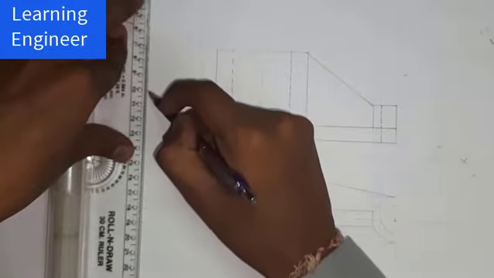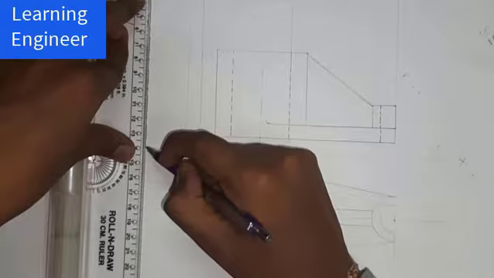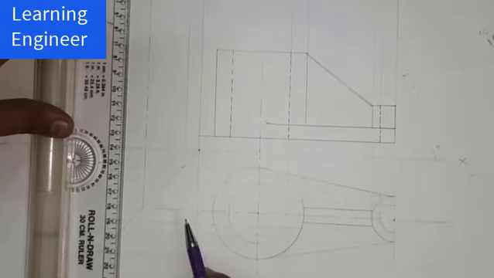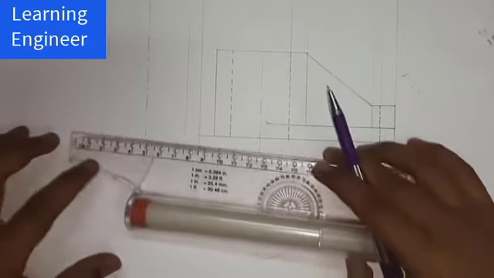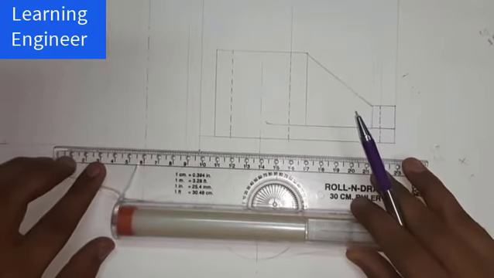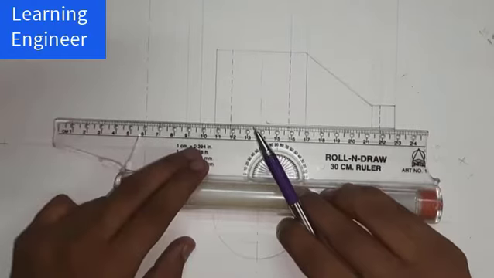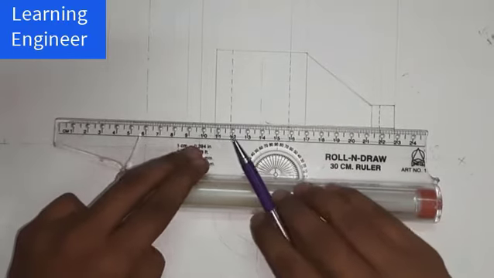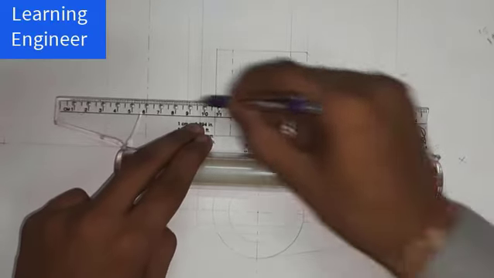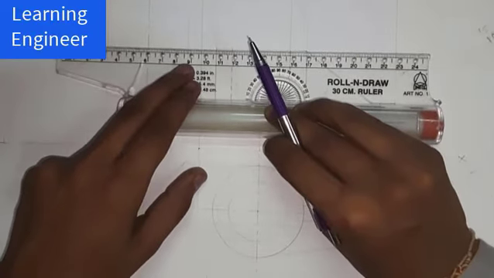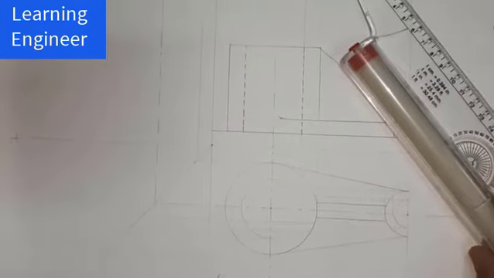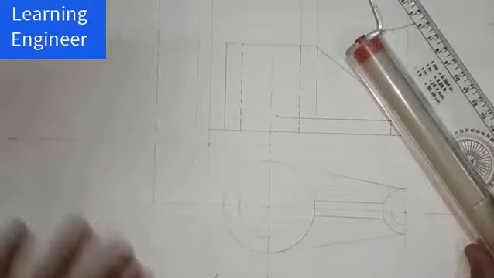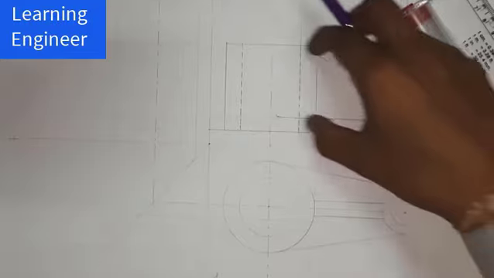Now this is a center line, so this we will draw as a center line only. Now project the other points which we have. So I have taken all the projections from the top view. Now I will take the projection from the front side also. Now we can easily locate them, because we already have all the projections. We have taken all the projections from the top view and from the front view.